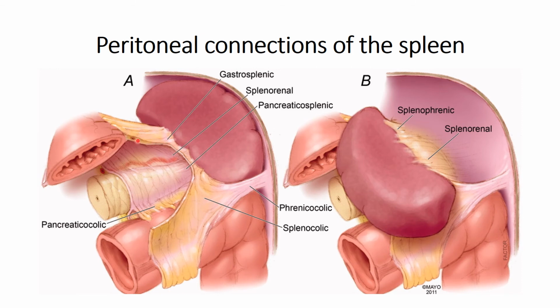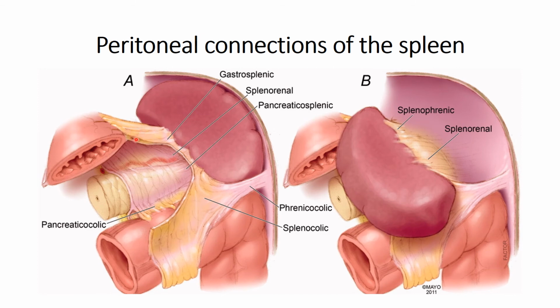Now in this diagram, the stomach has been cut and the lesser sac has been exposed to show the peritoneal connections of the spleen. So here we can see how at the hilum this gastrosplenic ligament is connecting the left portion of the greater curvature of the stomach, which is the greater omentum bilayered portion. We can see this is the anterior layer and this is the posterior layer, and this posterior layer is in continuity with the anterior layer of the splenorenal ligament, and this contains the tail of the pancreas between its folds as well as the splenic artery.